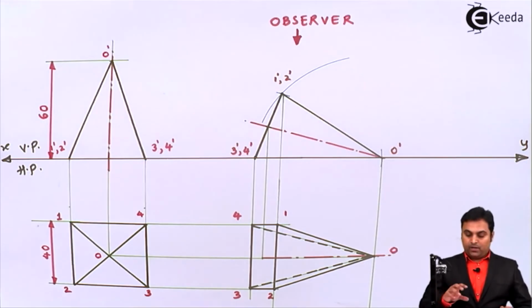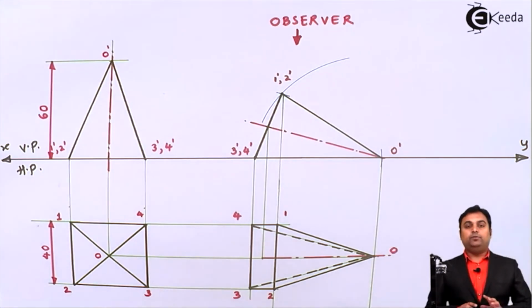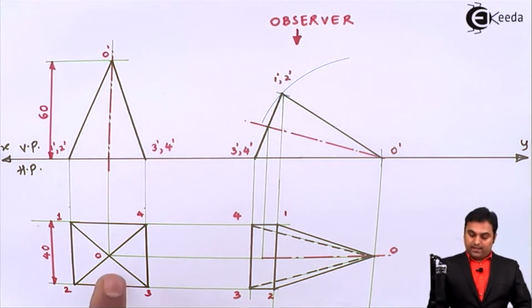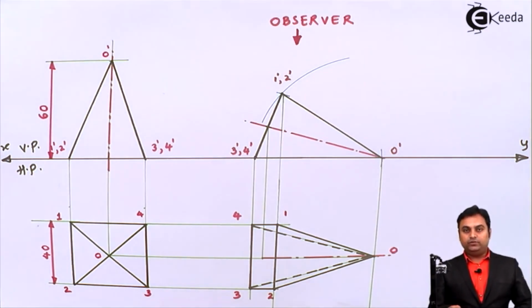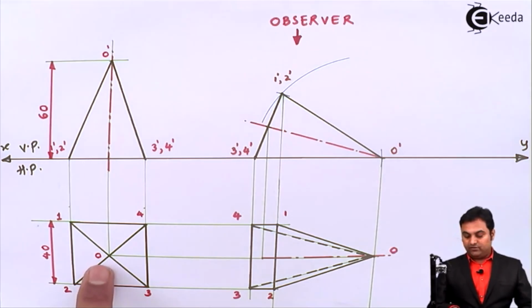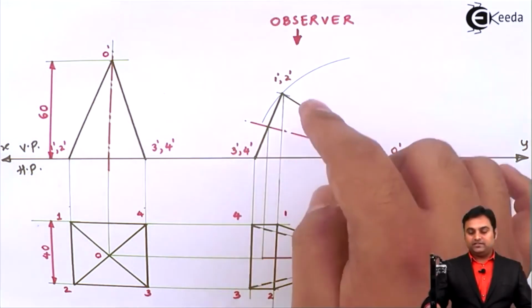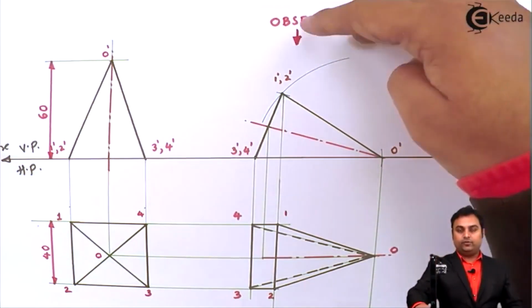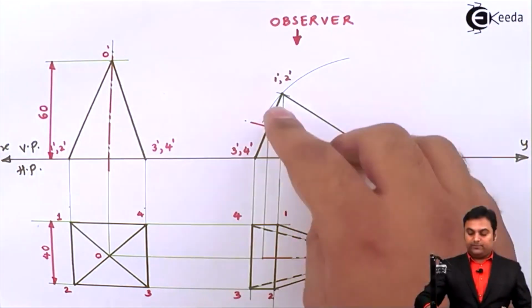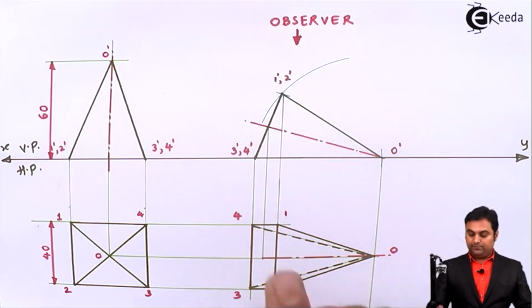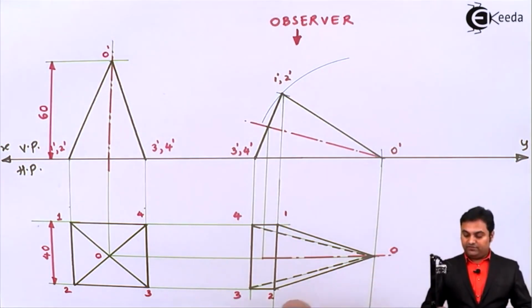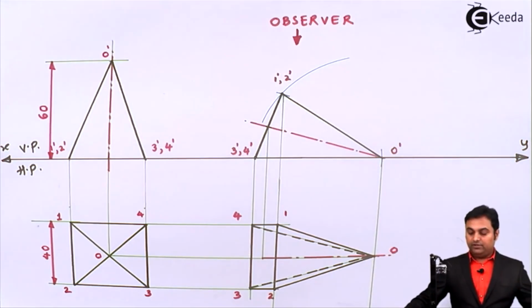And once we have completed the views which are given, that is, here in this problem it was given that there is a square pyramid resting in the HP, that is on the ground, in such a way that when it is tilted on its triangular face, we have to draw the projections. So it was resting on the triangular face O34, which I had tilted, and in the front view it will appear like this. And drawing the projections, it is clear that as an observer from the top, all the points of the base edges are visible. So this complete square is visible, and taking care of the visibility, we have completed this, and here the question is done.